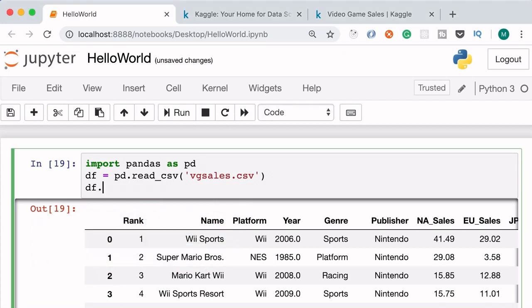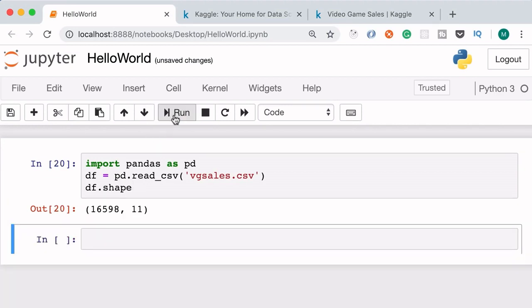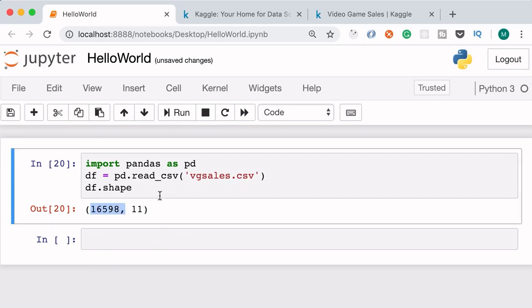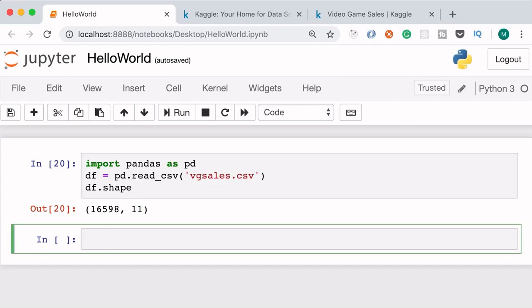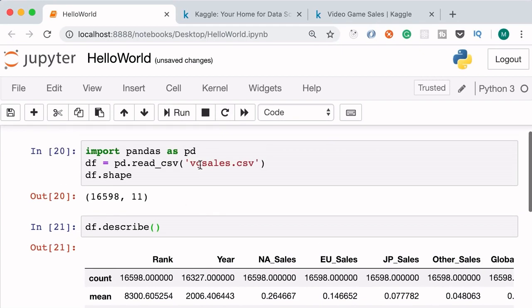The first one is shape. So shape, let's run this one more time. So here's the shape of this data set. We have over 16,000 records and 11 columns. Technically, this is a two-dimensional array of 16,011. Okay? Now, you can see here we have another segment for writing code. So we don't have to write all the code in the first segment. So here in the second segment, we can call one of the methods of the data frame, that is df.describe. Now, when we run this program, you can see the output for each segment right next to it. So here's our first segment.